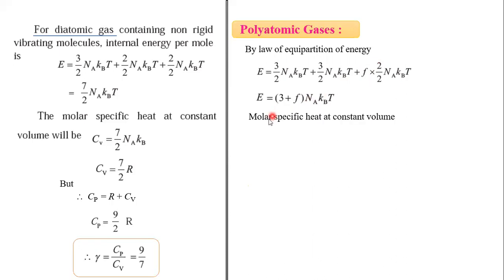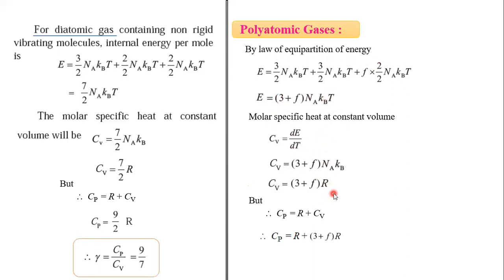Okay. So we get here molar specific heat at constant volume by taking the derivative of this. Now here after taking the derivative, only T gets cancelled, the remaining terms stay as they are. So this is R. So 3 plus F in a bracket into R is the specific heat at constant volume. So specific heat at constant pressure we find out by Mayer's relation. It is R plus Cv. So in this we have to add R. So this is 3R and this is R. 4R plus FR we get. Now that 4 plus F times R is the Cp.